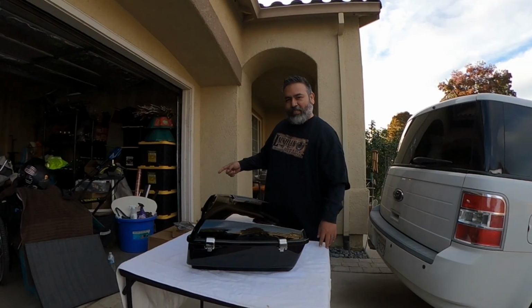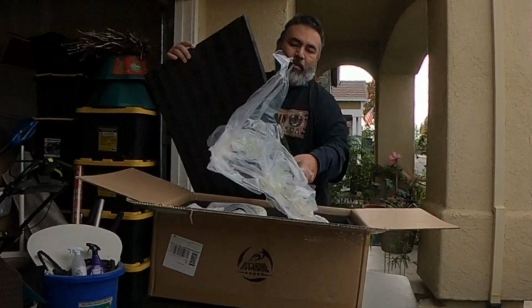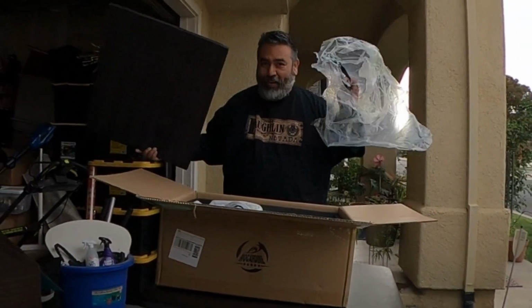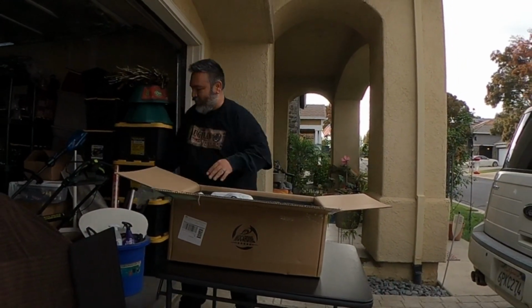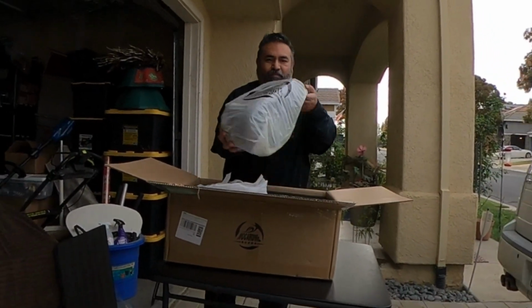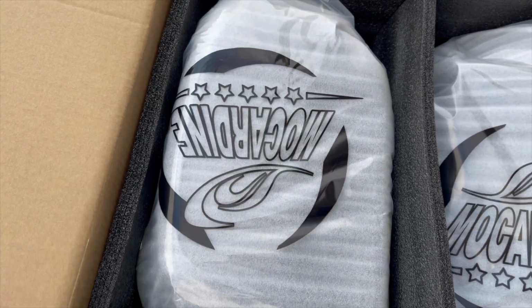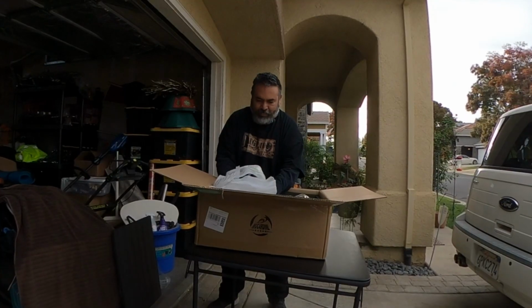All right, let's see what the next item is. All right, here we go, the second package. This is actually take 2. The GoPro died on me, so I've kind of opened it already. Not kind of, I did. So, just to show you, it's actually very well packaged in here. And if I take it out here,